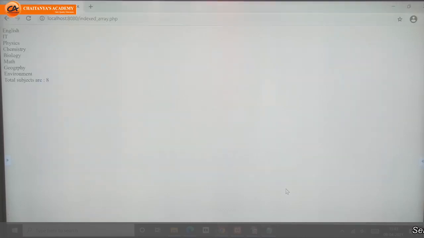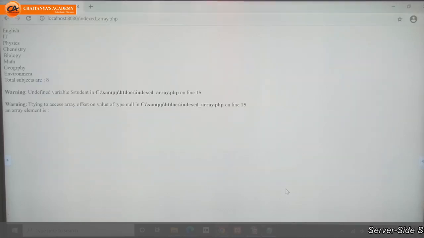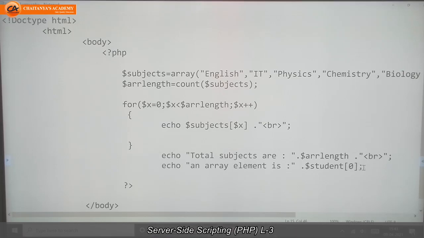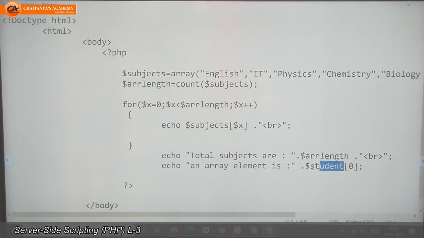We'll see the output. Something I made a mistake here. Okay, student. I wrote here student. It is not student. Sorry, it is subjects. I wrote a faulty name of variable. That's why I got this error.